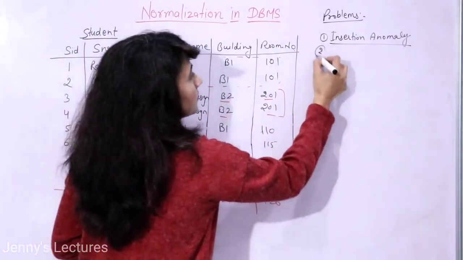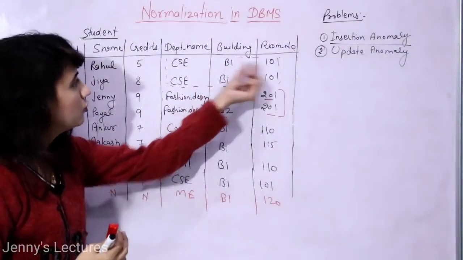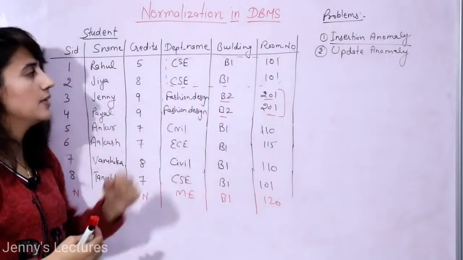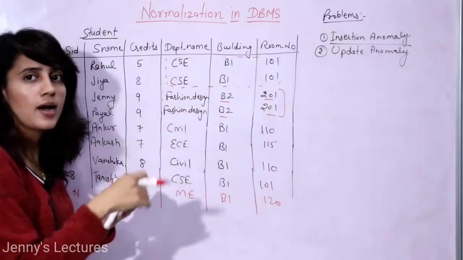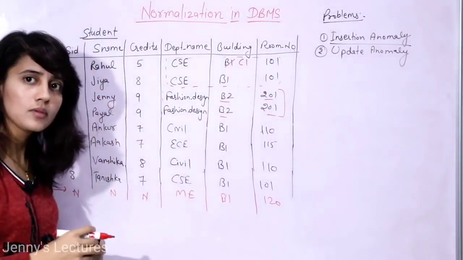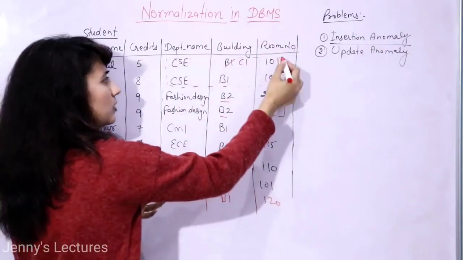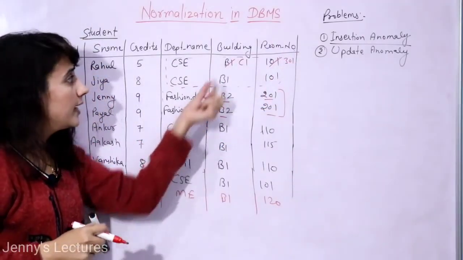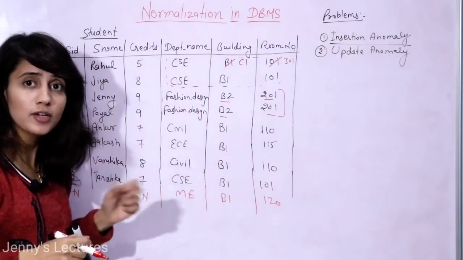Updation anomaly. Now suppose I want to update the room number, or you can say the building, of the CSE department. Suppose the CSE department has been shifted from B1 to C1, and maybe in C1 the room number is 301. Now you have to update this information in all the tuples where the department is CSE. Why so? Because